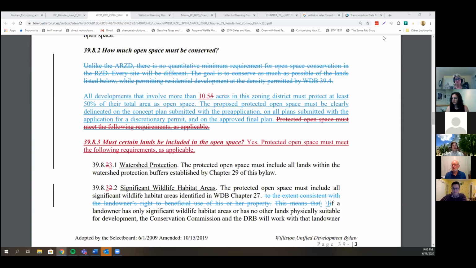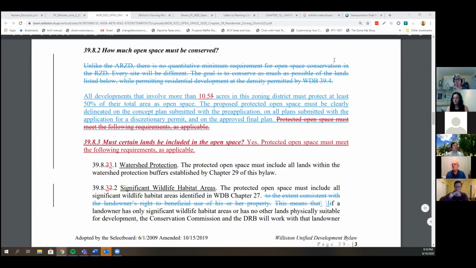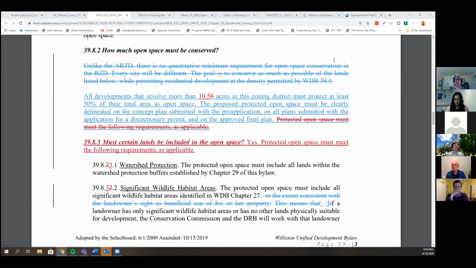So some of the commentary Emily and I worked on in relation to the layout of the Catamount Golf Course, when we made our first round of pre-application comments, had to do with just looking at some good planning practices for creating nice streetscapes and neighborhoods, and some suggestions of how that project could be tweaked to do that. But we really had very little in the bylaw to base those comments on. It was more, well, textbook planning says it would work better this way or that way. So leaving aside the pending amendment for a moment, I would say that there's a part of this